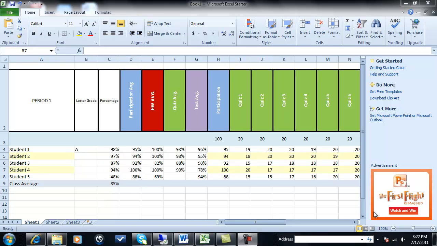This is help video 4 for activity A5 in educational technology. We are going to finish with the last few formulas for our gradebook. The first one we want to look at is the formula that will allow us to convert this percentage score